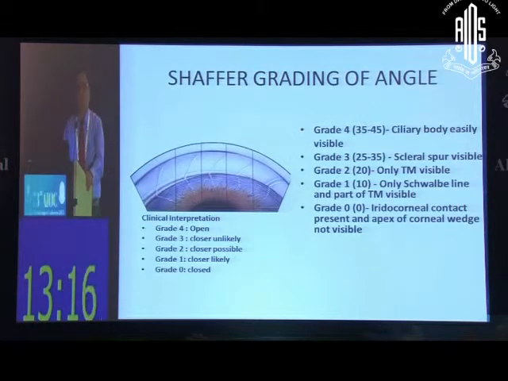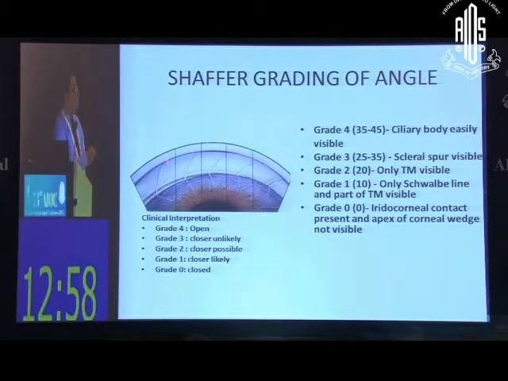There are so many gradings which are given in textbooks, but there are 2 which are popular in India. One, of course, is Schaffer's grading, which is universal across the world. But the second one is the RPC grading. But today I'm going to focus in the interest of time only on the Schaffer's grading, where you can see that this is the corneal apex. These 2 beams that you see, the apex of the cornea, where it is meeting, like here, is corresponding to the Schwalbe's line.